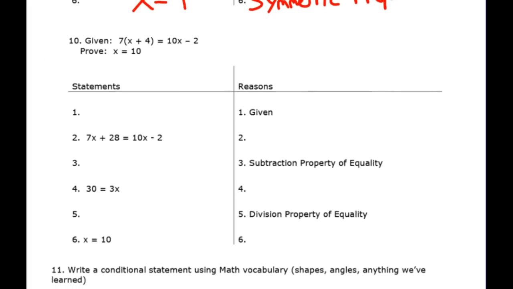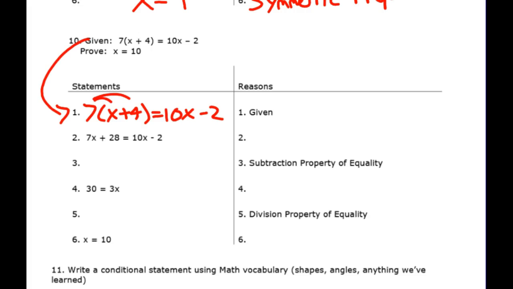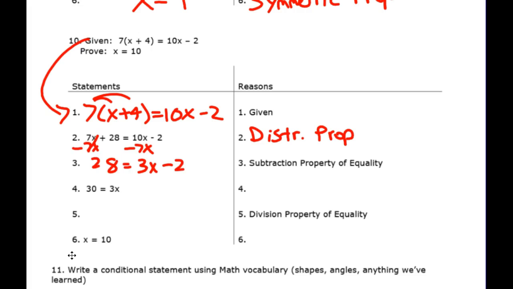Now, all I've got to do is fill in the blanks. I always start with my given. So 7x plus 4 equals 10x minus 2. And that's given. First thing that was done was the parentheses went away. So, of course, that's the distributive property. Then x was on both sides, so I had to get rid of the smaller x. That was subtraction